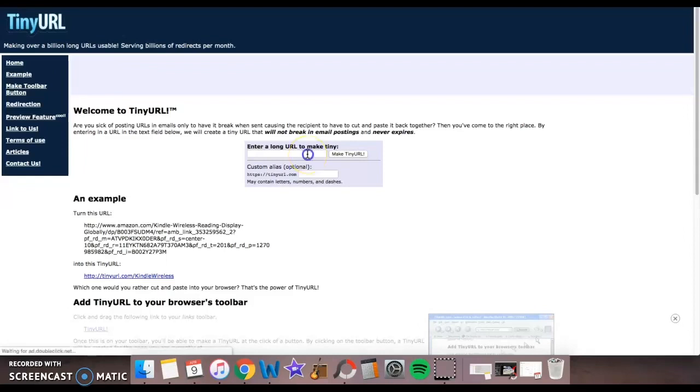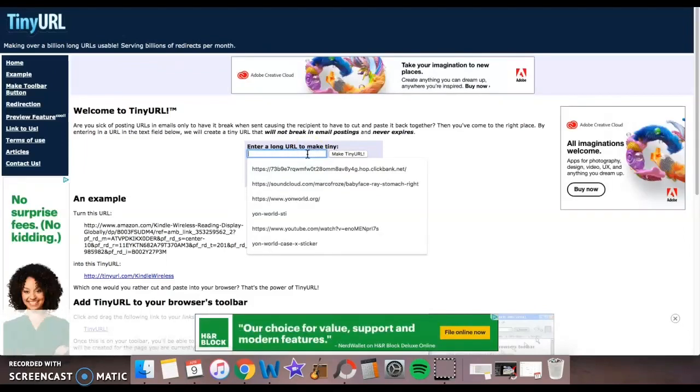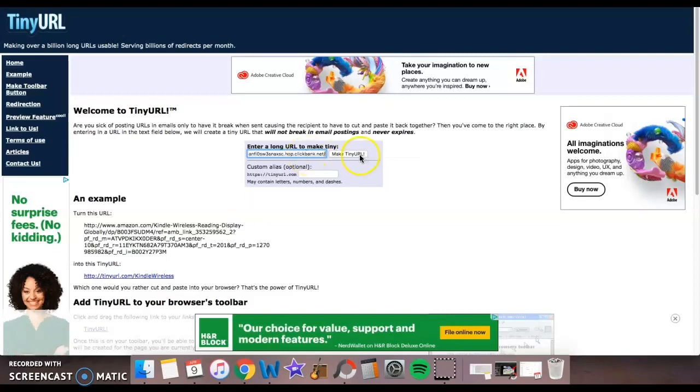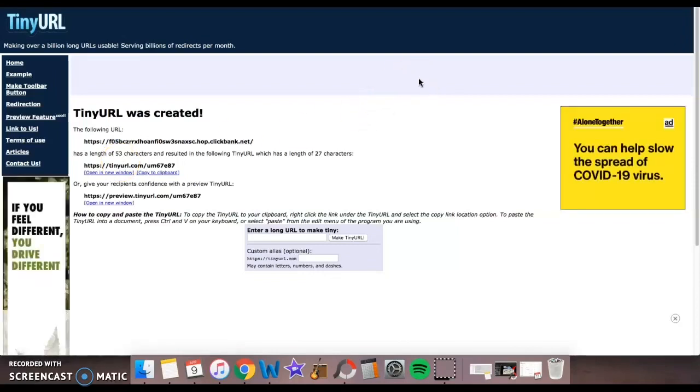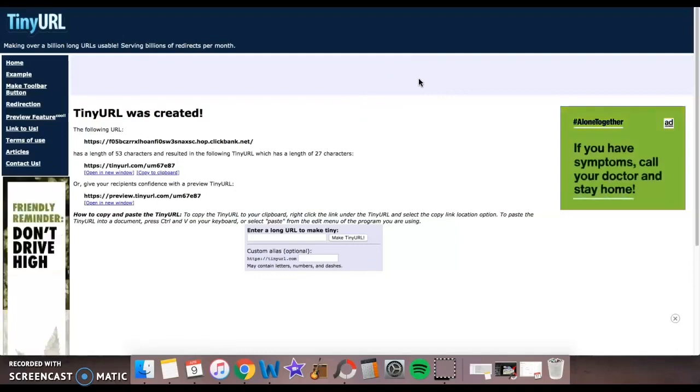Your link never expires. You would come to a service like TinyUrl and just copy your Clickbank link. You could also enter an alias for your Clickbank URL, and that can make it look better if you promote it somewhere like on a blog. All you have to do after that is make the URL, and then it's created and it's there forever. But if you want tracking capabilities, to be able to track how many clicks your link is getting and where the clicks are coming from,